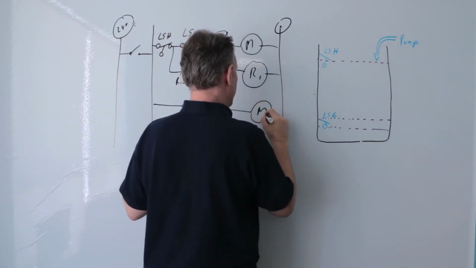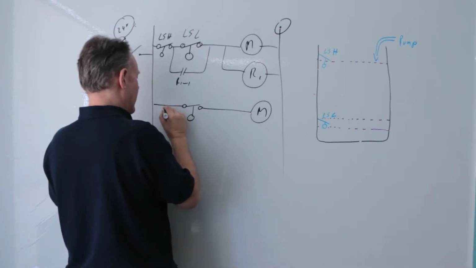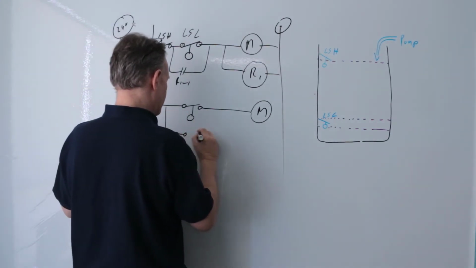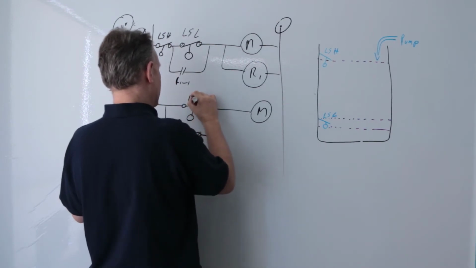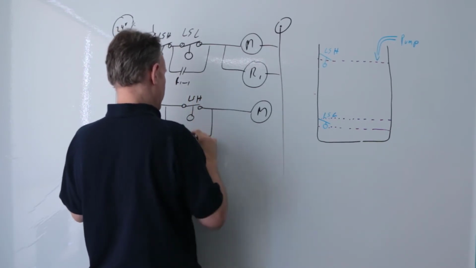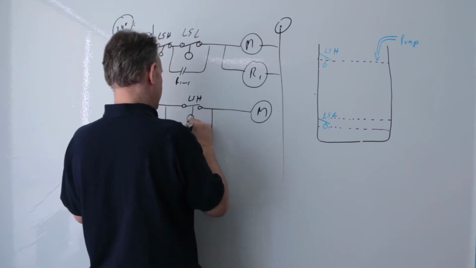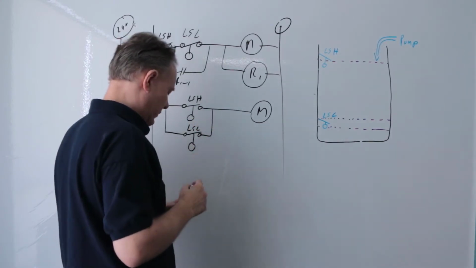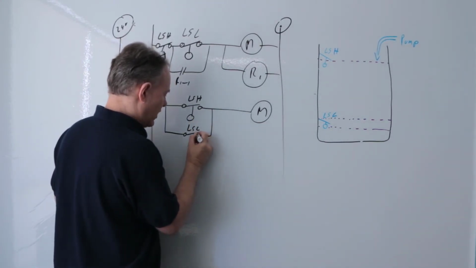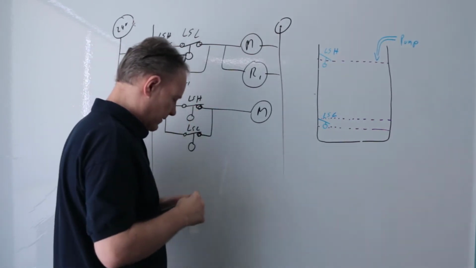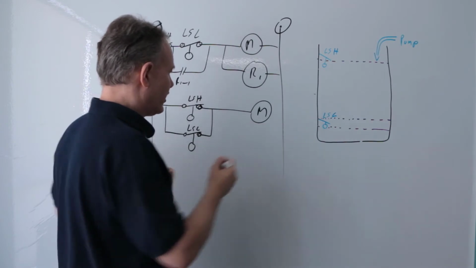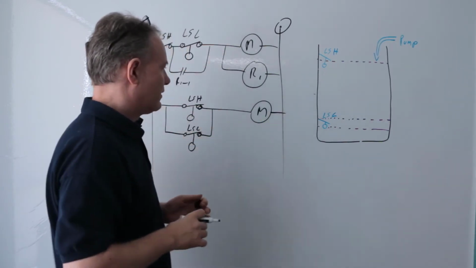And I put my motor here, so I'm forgetting about this for now. And then if I did this, and this is going to be my level switch, the upper one, or the high one, and this is my level switch, my lower level switch. Now, let me draw this properly. It's normally closed, so this guy's got a touch here. Okay, good. So, now, in this case, if I just did this, so forget about this, what's going to happen